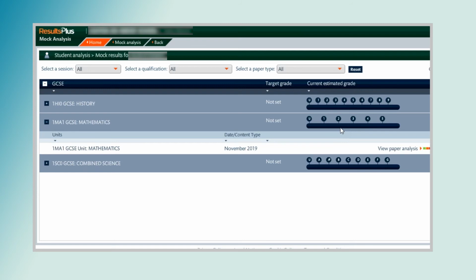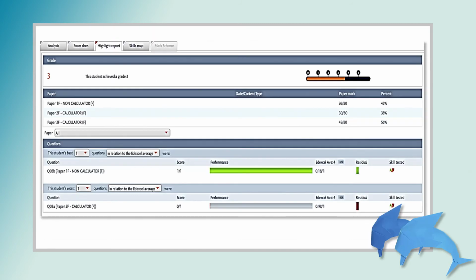Obviously, you'll see on this slide here that we have a grade 3. This one missed out on a 4, and it's got the same level of detail on the highlight report, but what you have at the top there is a gradometer, which actually does give the grade because that student really did sit the exam. But Pearson will be looking at how to do estimated grades and indicative grades, and there'll be some guidance on that coming.